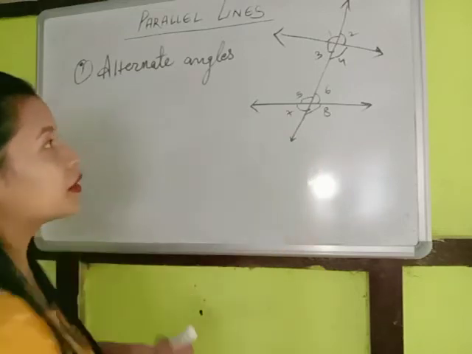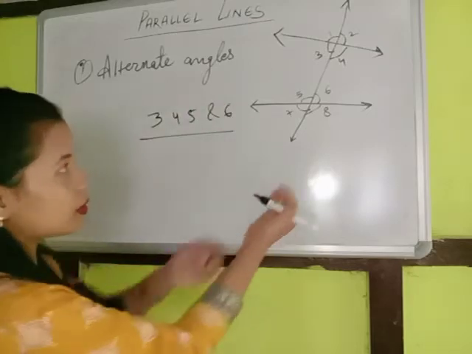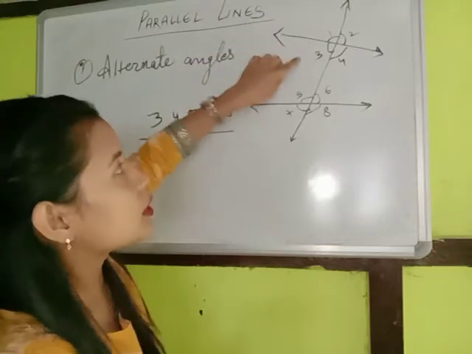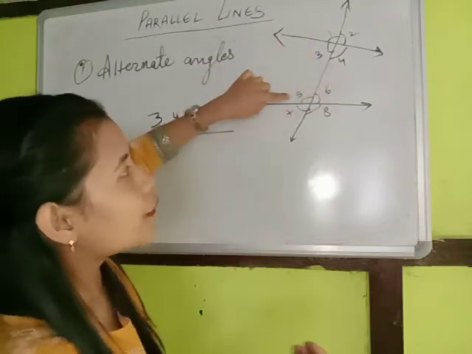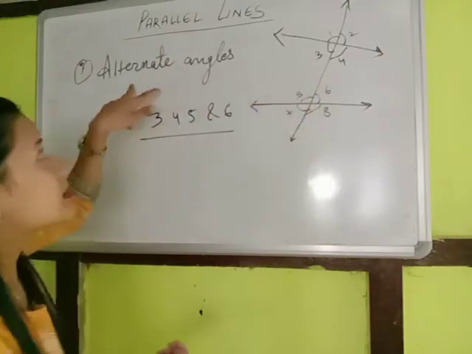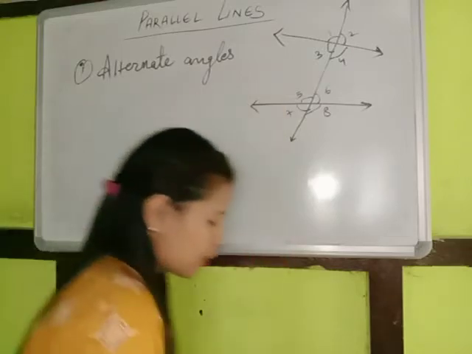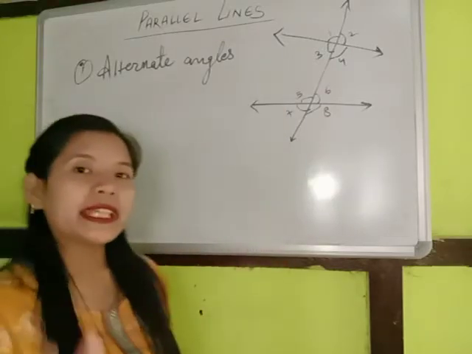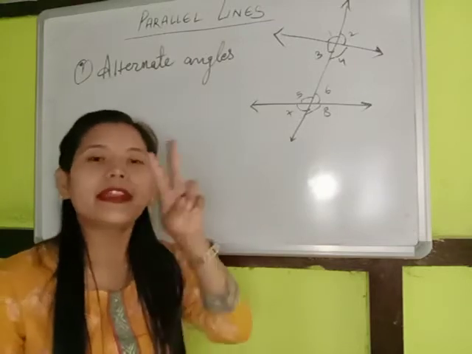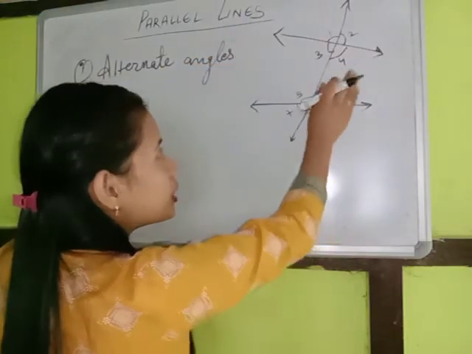So the interior angles here are 3, 4, 5 and 6, the angles that lie inside these two lines. These angles have a name, alternate angles. So out of these 4, which are the alternate angles? Remember that whenever we name the angles, we always name a pair of angles, 2 angles. So out of 3, 4, 5, 6, we need to see which are the